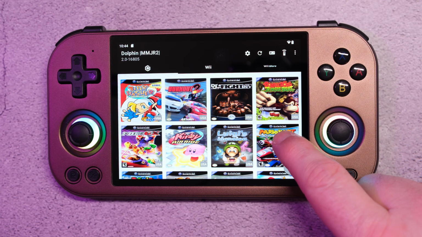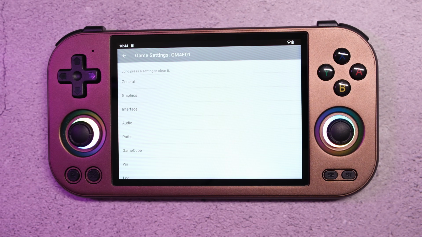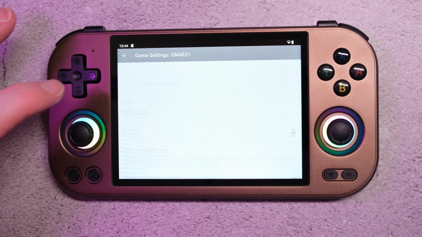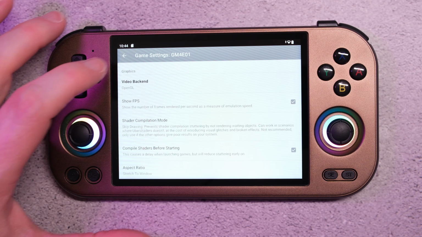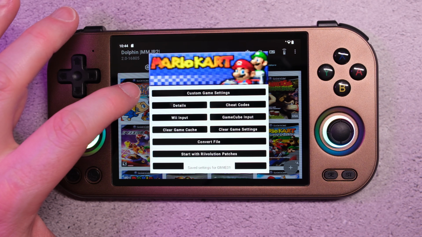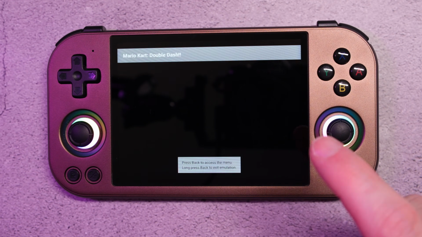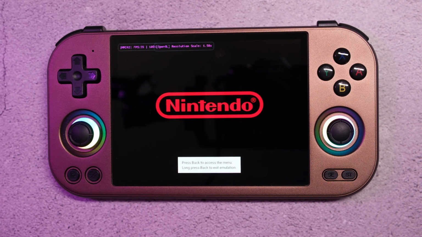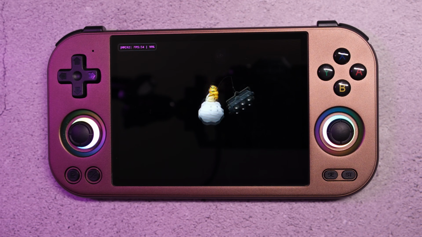What we do is long press on Mario Kart Double Dash, and we're going to choose Custom Game Settings. Then under Graphics again, change that video backend back to OpenGL. Back out of that, tap anywhere on the screen outside of the little box to get rid of that last menu. Then tap on Mario Kart Double Dash again, and when you start the game, you'll notice that now everything